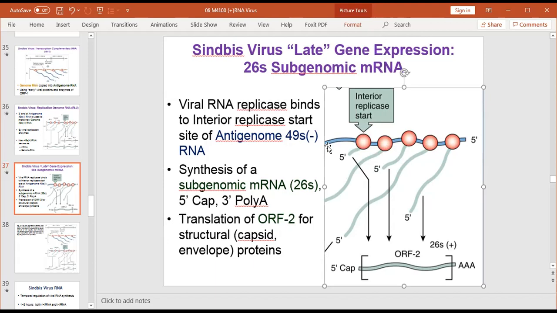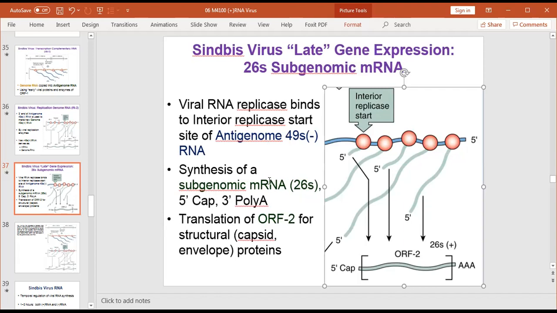This region is called the interior replicase start. So viral RNA replicase binds to the interior replicase start site. It's a region on the negative sense RNA that we had made, or the antigenome that we made. This will result in the production, or synthesis, of a